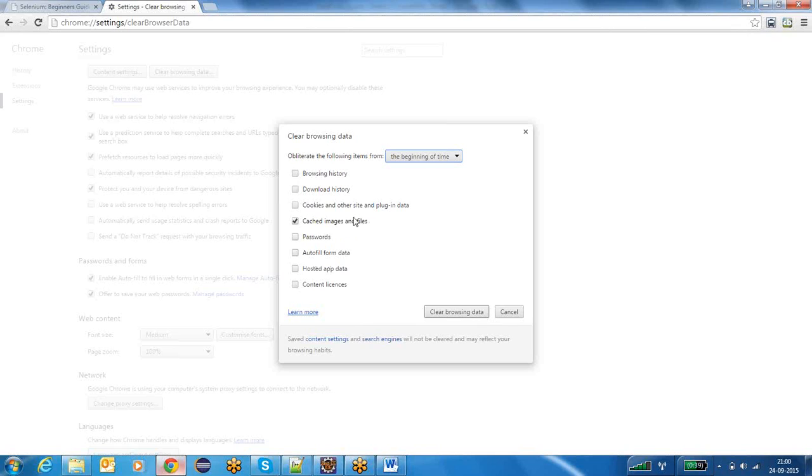Cached images and files means if you open any website, it will download so many images, so many script files, so many CSS files, right? All the things will be stored in the cache. Like if I open my blog softwaretutions.com,